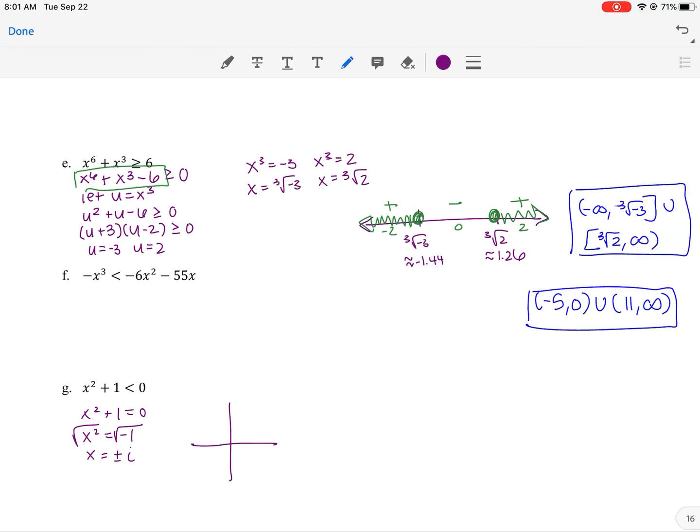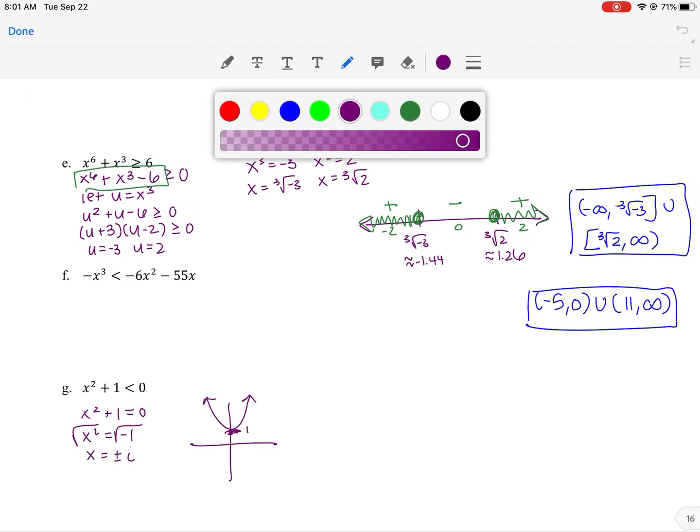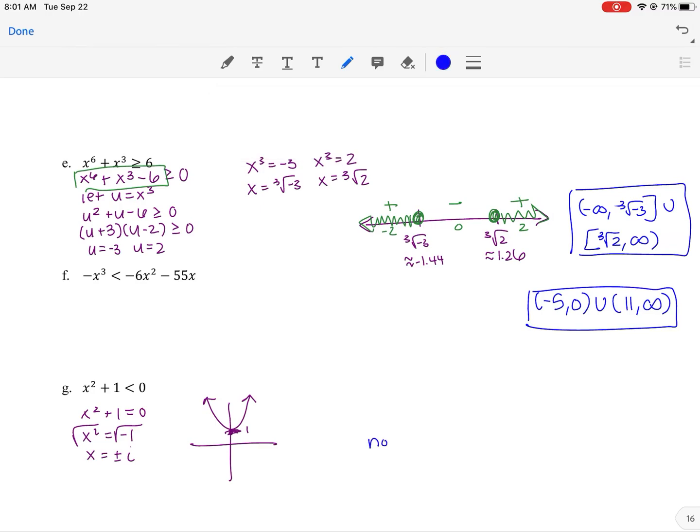Or you can even think about the graph, right? Like, hey, this is a parabola that shifted up 1 unit. Is there ever a part of that graph that is less than 0? And in this case, the answer is no, right? There's no part of this graph that's ever less than 0. So in this case, it's kind of a funky one, but there's actually no solution, right? Or sometimes what we put is DNE for does not exist, but not everything will work out for you, and that's okay. All right, I think you're ready to do the 2.6